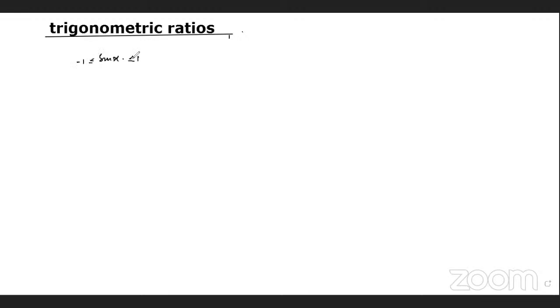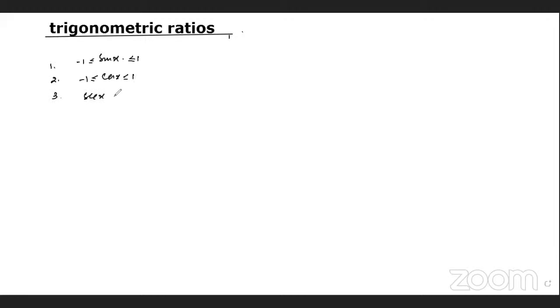You know that this is the range of sin x, because in the graphical representation we showed you yesterday, you must have understood that the value of sin x is between -1 to 1. Similarly, the value of cos x is again between -1 to 1. Then third will be tan x, which is between -infinity and infinity. Okay,